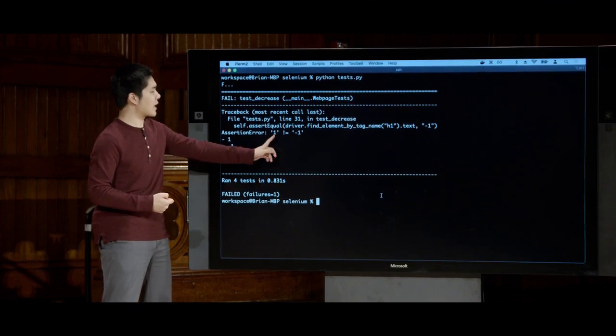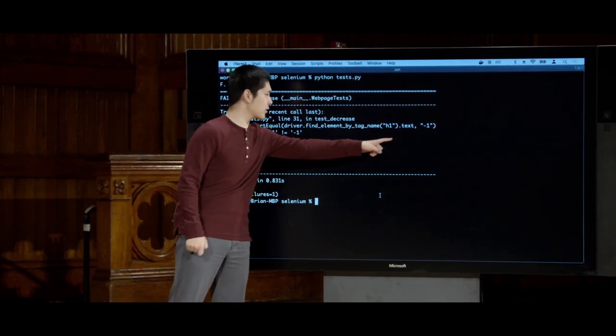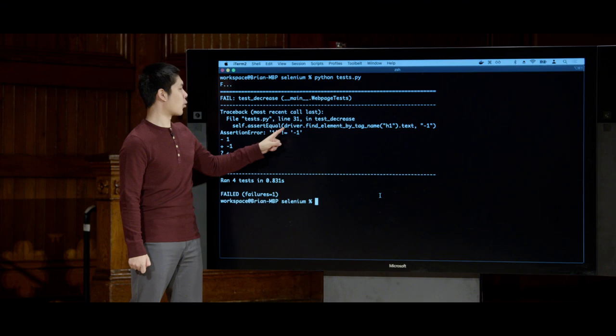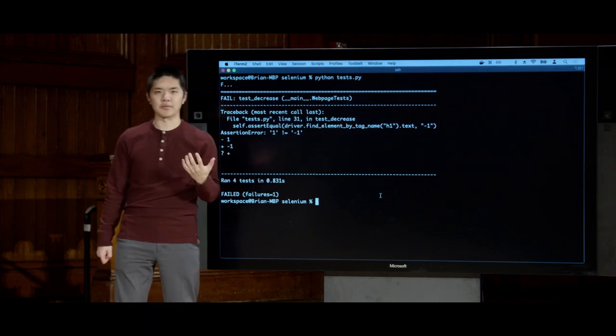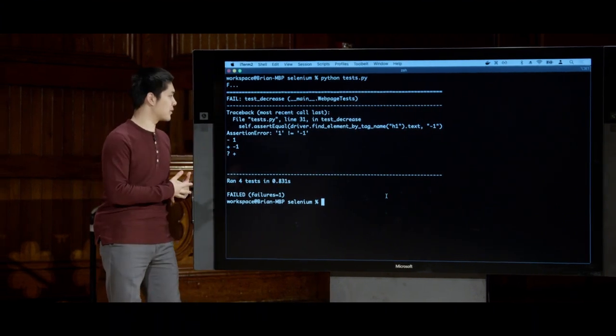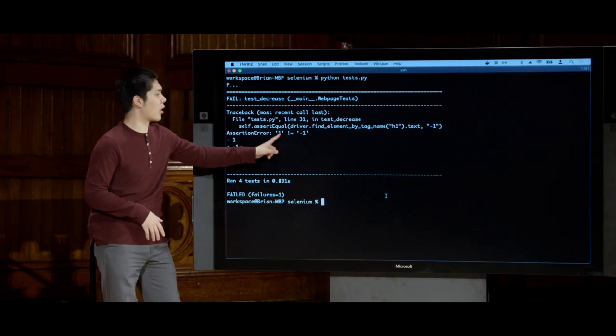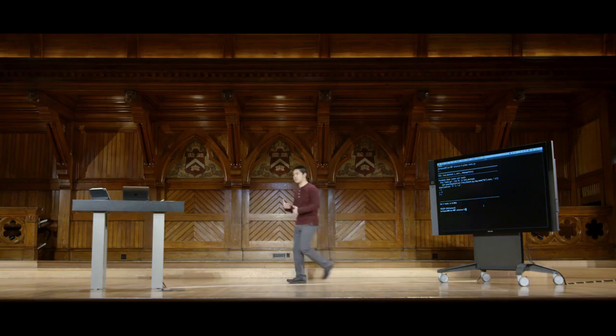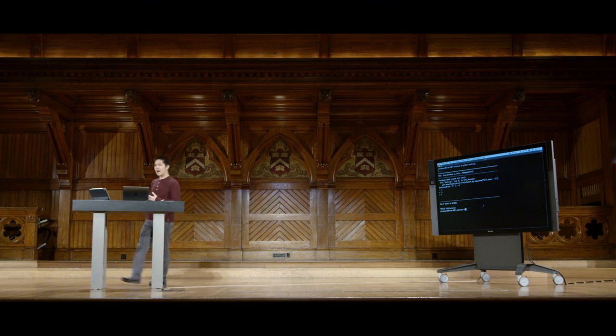It tells me the actual output of h1's text. It was 1. But what I expected it to be was -1. So it tells me exactly what the discrepancy is. I know that for some reason it was 1 instead of -1. And that can be a clue to me, a hint to me, as to how I can go about trying